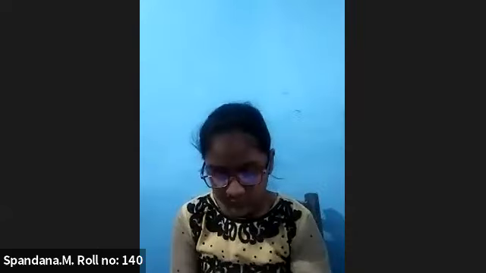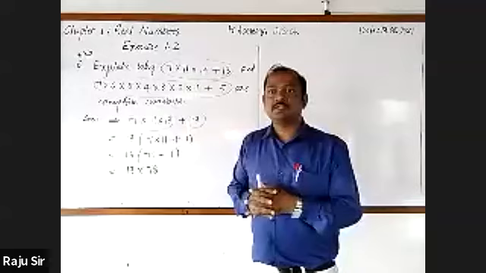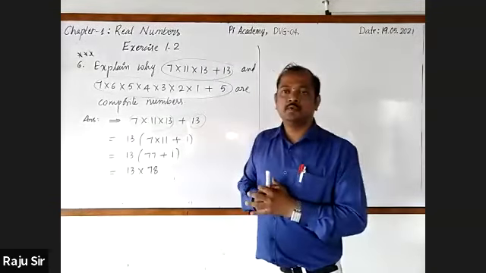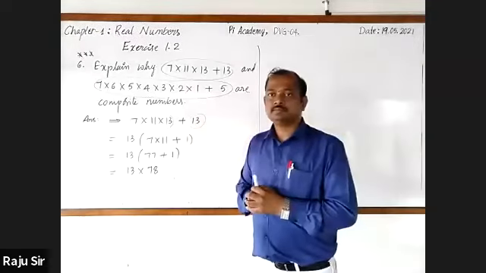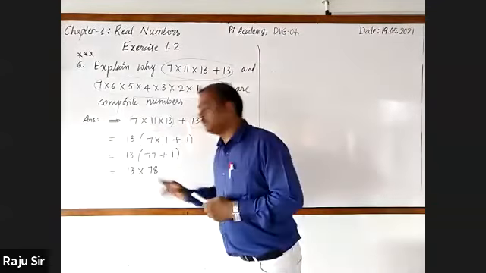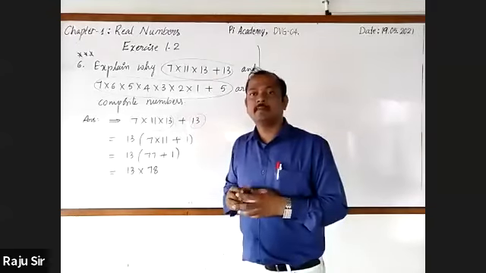Anybody want to take the further step? I request Prashant sir to give a chance to some other students as well. Around 4 to 5. Yes, sir, I have provided everyone. Okay, okay. Thank you very much. 13 into 78 is there. How do you continue this? Sir, 78 is a composite number, sir.